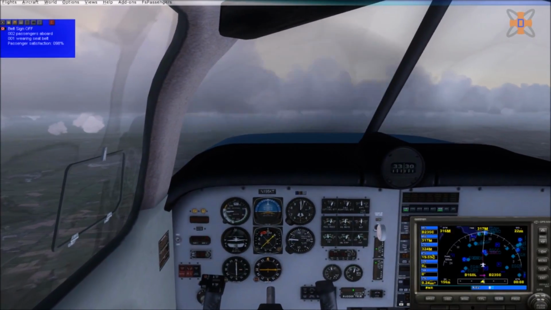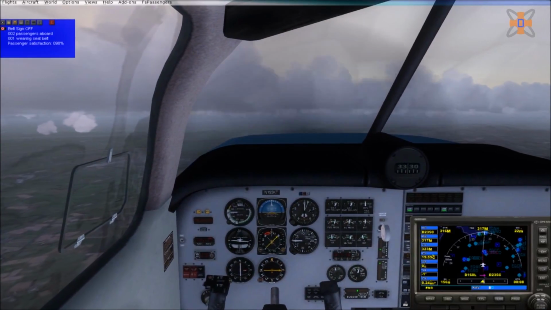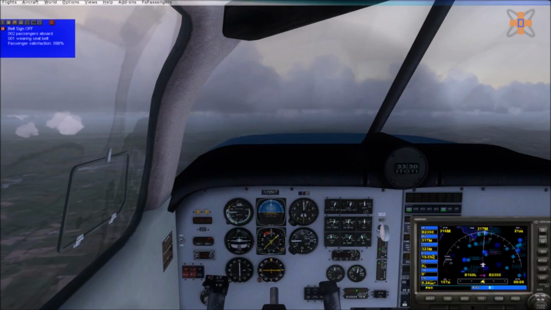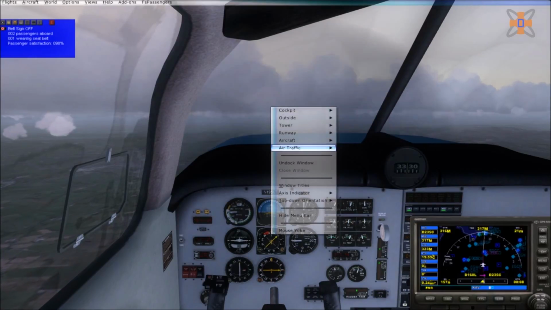So add a bit of turbulence, make a bit of false turbulence. The camera does move, and it does look quite nice. It's not really much of an improvement on S-Doc, but